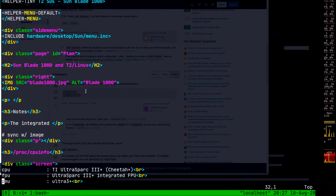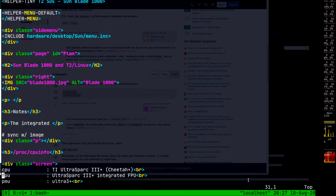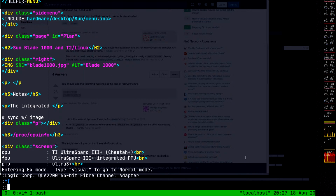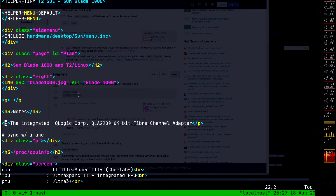This maybe works only for lspci. So yeah, maybe I should make this a default. Leave in the comments below if you are a fan of console mouse support, or if you just want your old-fashioned text copy and paste. Let's see. Don't tell me this still doesn't work. What the heck would happen now? Apparently still has some mouse interaction. Oh no, that worked, whatever happened before. Anyway, leave me in the comments below. At T2 maybe I just disable it by default because nah, YOLO, don't need this fancy mouse support